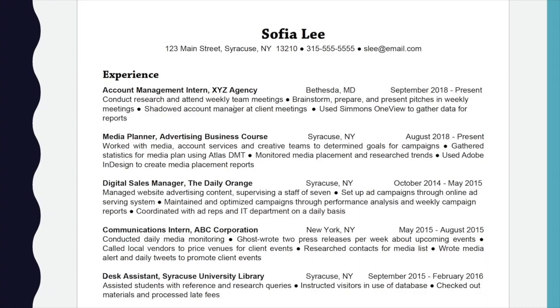You also want to give context to skills in your experience section. We're going to talk about your skills section next. That's really like a quick reference. For example, I might say designed flyers for annual fundraiser. What would be better is if I said designed flyers using Adobe InDesign for annual fundraiser. It's giving context to that Adobe InDesign skill that I'm going to be listing below. It shows that, look, I've actually applied that somewhere. So that's a good thing to do too. Anytime you have an opportunity to cite one of those skills from your skills section, make sure you're doing that